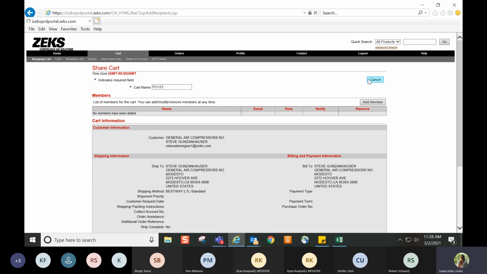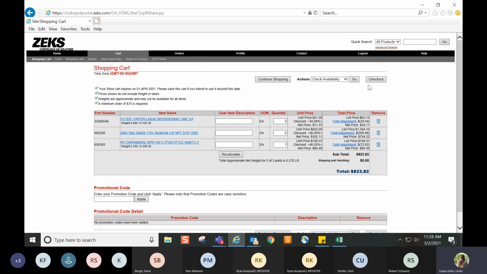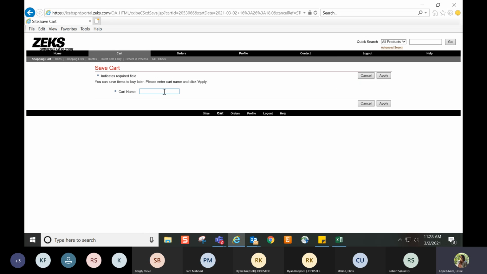So let's go back. I did mention that a cart stays in the system for 30 days. If you needed it saved for longer, you do have the option to save the cart, which keeps the cart in the system for 90 days. So you would go to the drop down and click Save Cart and click Go. And you would just name your cart